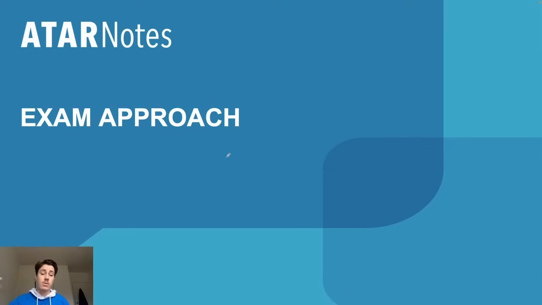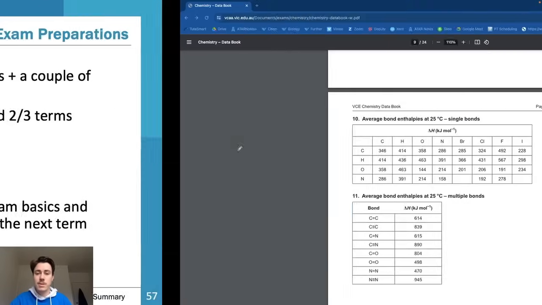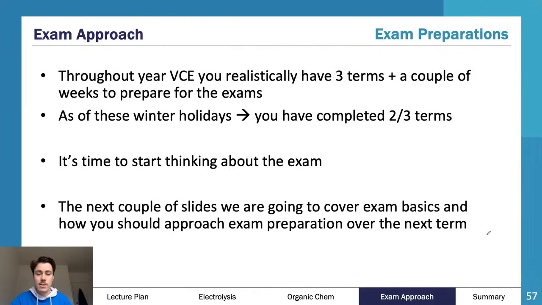We are quickly going to go through how to approach the exam and how to approach the next couple of months of study, because we've reached that point in time. It's really important now that we start to make strategies of how we're going to approach the exam and how we're going to get through the exam, just to ensure that we're all on top of this stuff. So really important in this topic here,